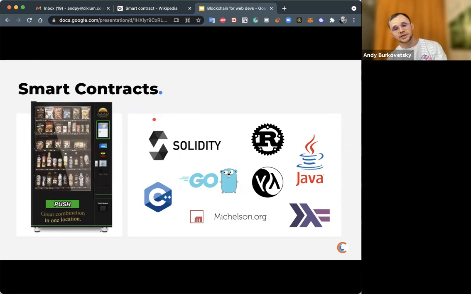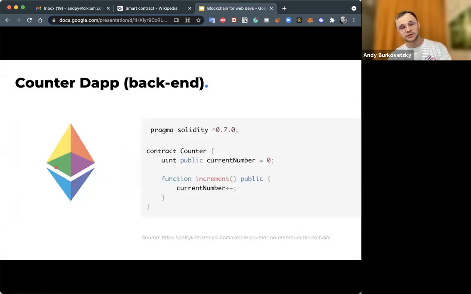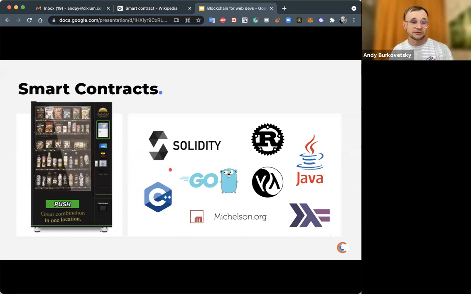And there are a lot of languages used for this. Each new blockchain uses a different language. I would say the Ethereum network probably has support for most of the popular languages used today, like Java, Go, and it even has its own Solidity language, which is the most popular of those. But if you have experience with C++ or Go, you can use it to program smart contracts.